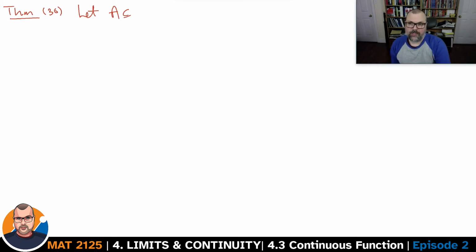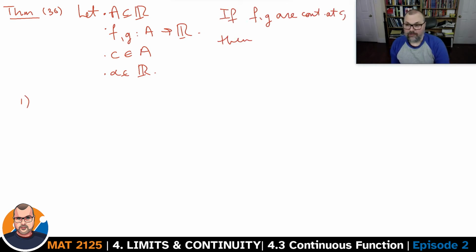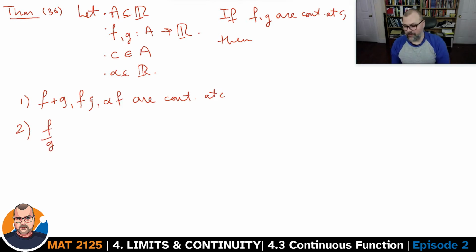Let A be a subset of R, f and g be functions from A to R, c an element of A, and alpha some constant. If f and g are continuous at c, then f plus g, f times g, alpha times f are continuous at c, and the quotient f over g, or f divided by g, is continuous at c as well, if g at x is not equal to 0 for every